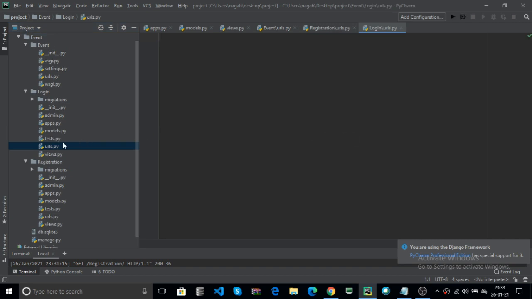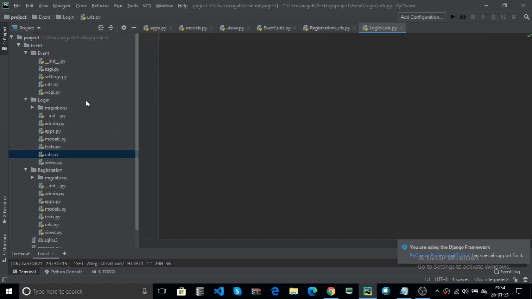Now instead of placing all the apps' URLs into the main event urls.py, for example login contains 40 paths, you cannot put all 40 paths into the main urls.py. Instead, you can place all of an app's URL paths into its own urls.py.